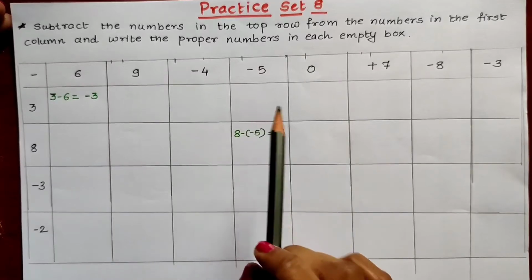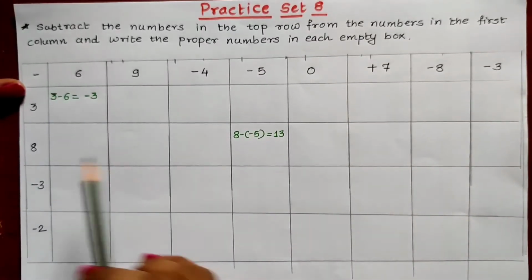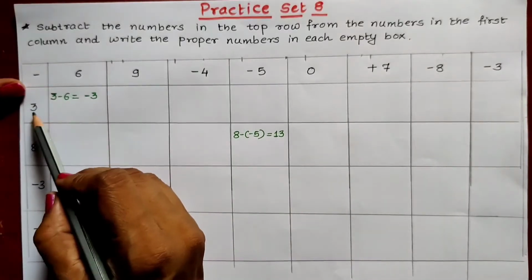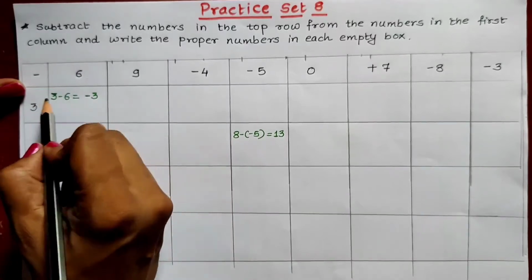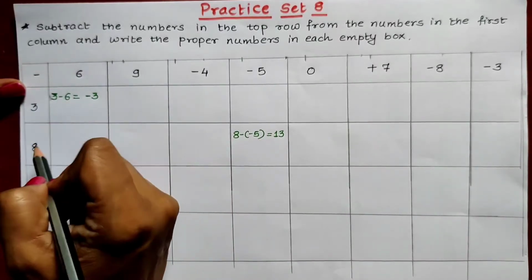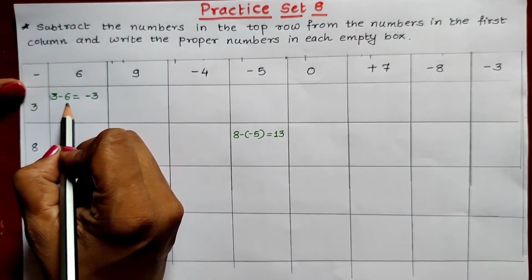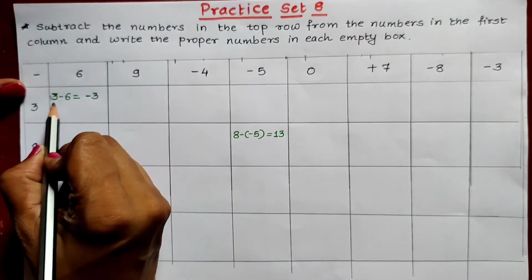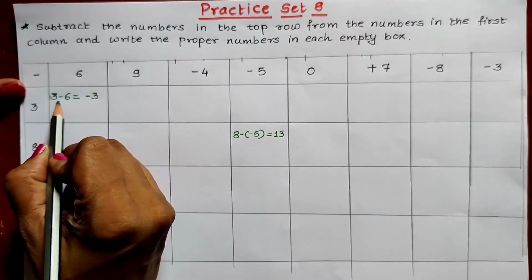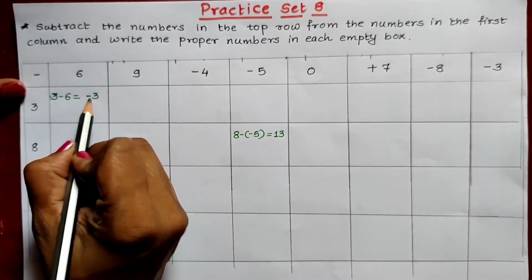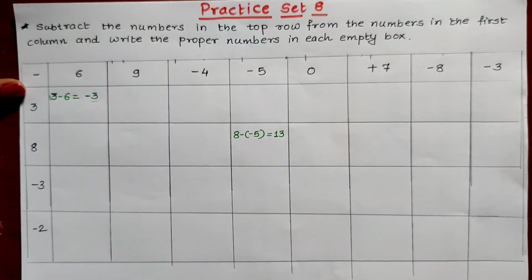As you all can see, I have written the question as it is on my page. Now I will be solving the sums. First there is 3 minus 6. 3 is having plus sign, 6 is having minus sign. So different sign, we will have to subtract the smaller number from the bigger one. Bigger one is 6, smaller one is 3. 6 minus 3, answer is 3. And the sign should be given of the bigger number, that is minus. So answer is minus 3. In this way we will have to solve the sums. Now let us see this second one.